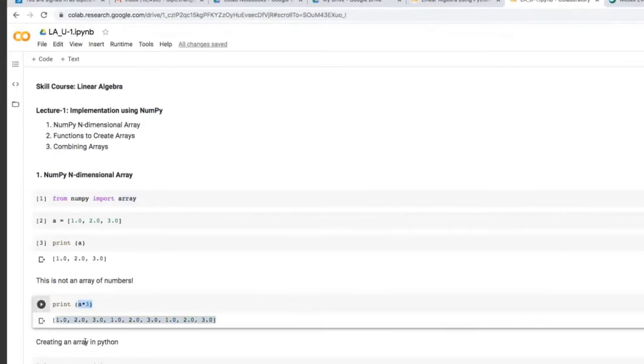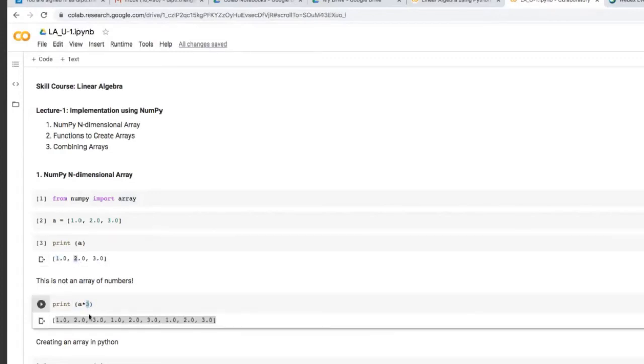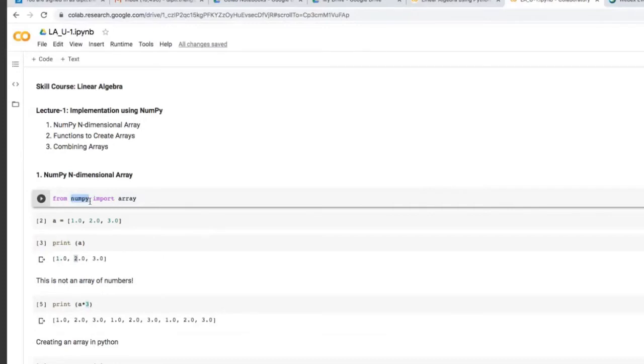But this is not what we expect as a numerical operation to be performed on an array. What we expect is that when we multiply any array by 3, each individual element of the array gets multiplied by this scalar number 3. This is what we expect. Okay? And this is the difference between using NumPy and the simple list. Okay? So to perform numerical operations and to have numbers used in mathematical operations, you need to